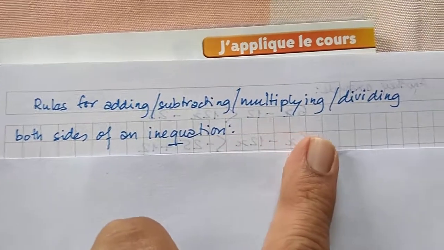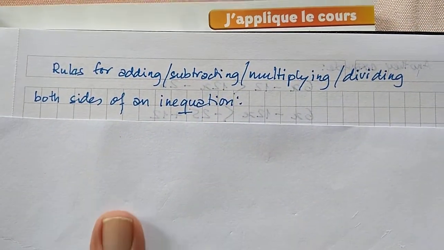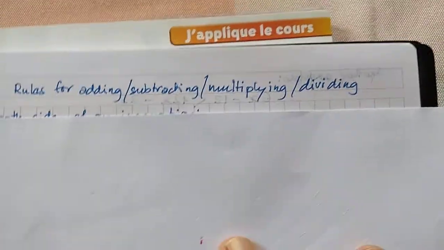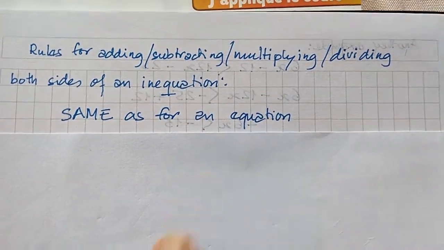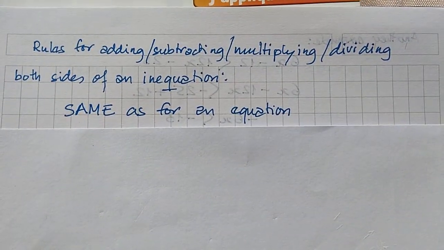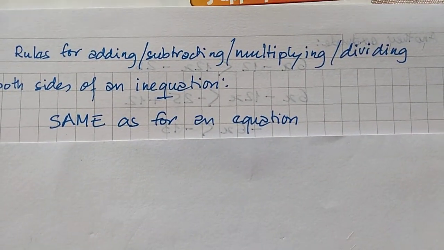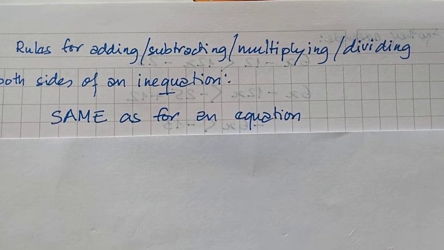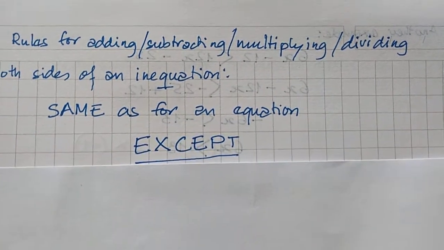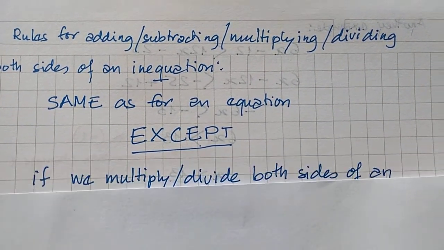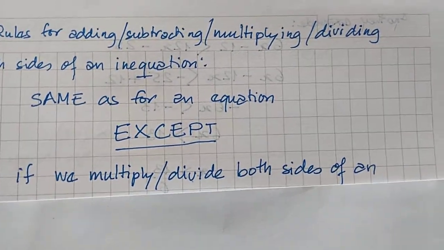Rules for adding, subtracting, multiplying, dividing both sides of an inequation are the same as for an equation. So you can multiply both sides by the same number, you can divide both sides by the same number, you can add the same number to both sides, you can subtract the same number from both sides. But, and it's a big but, there is an exception,